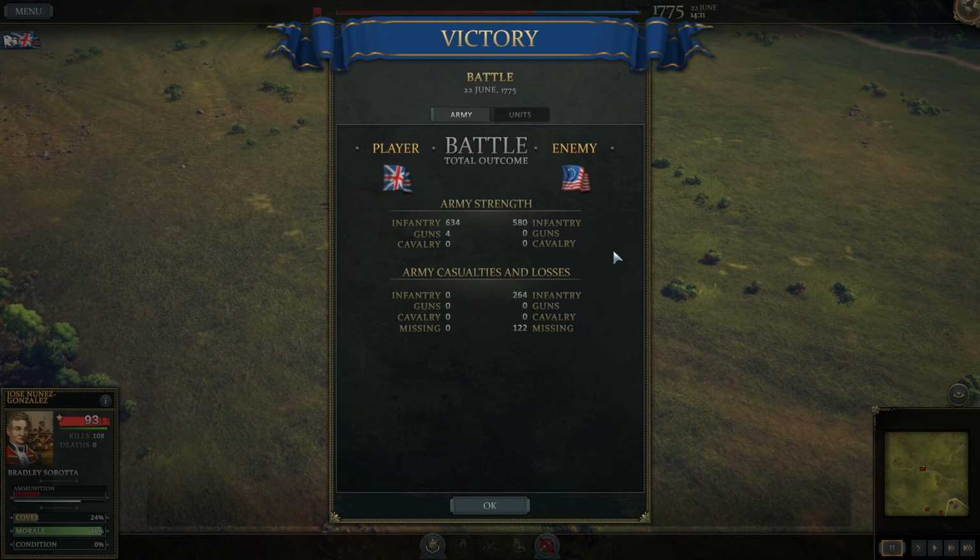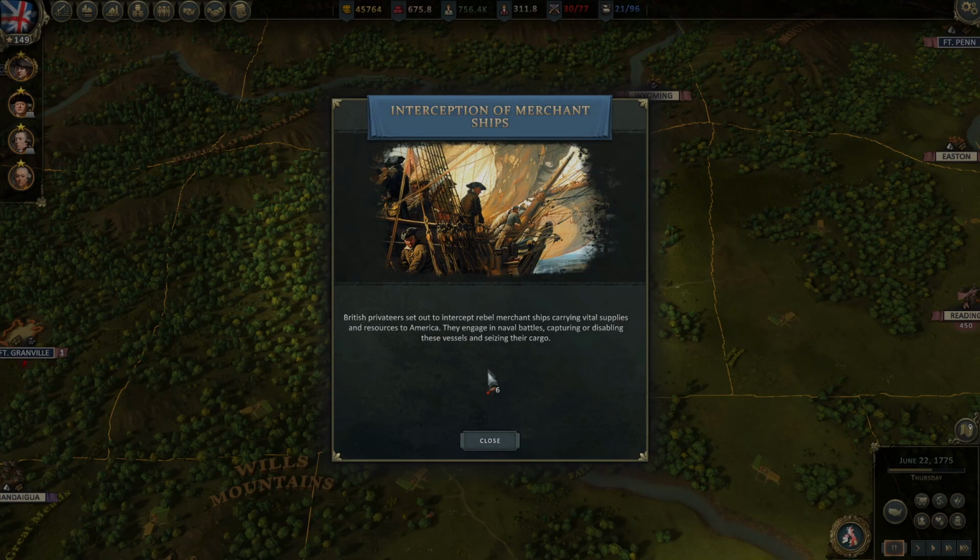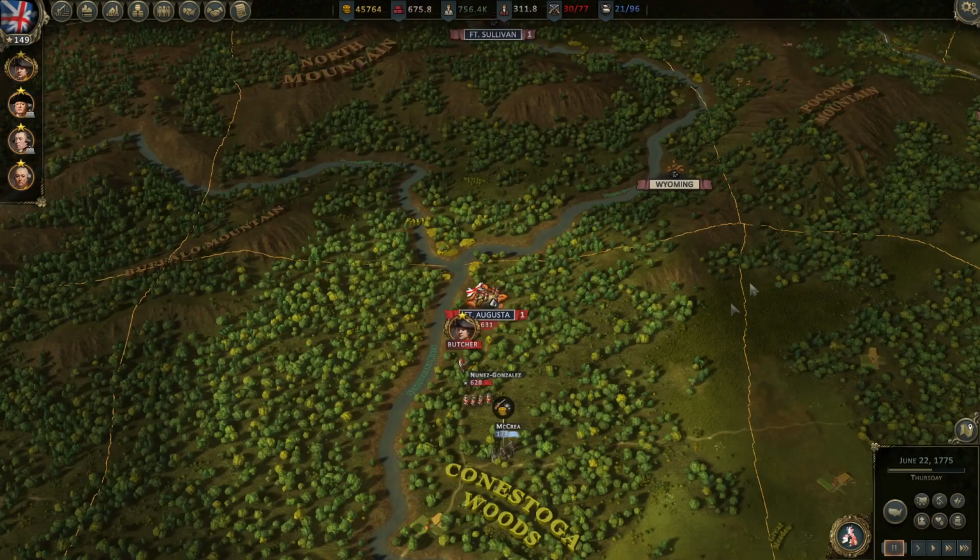264 casualties, 122 prisoners. About 200 made it out. We lost no one. That's funny. They didn't shoot back, apparently, when they were retreating, which has not always been my experience. I've seen battles where the enemy is marked to retreat off map, and then somehow they do well enough that it actually unretreats them. But...